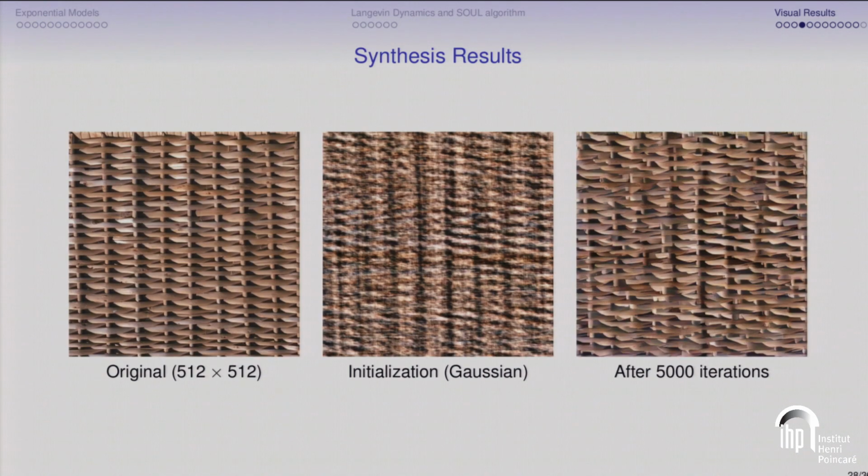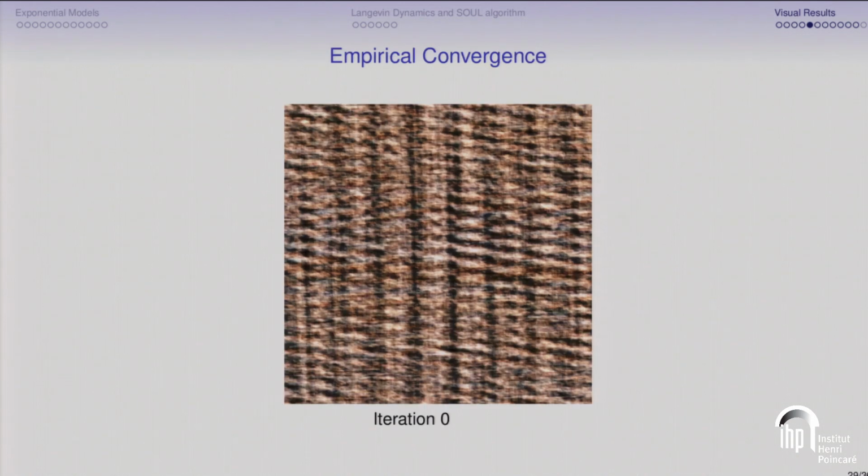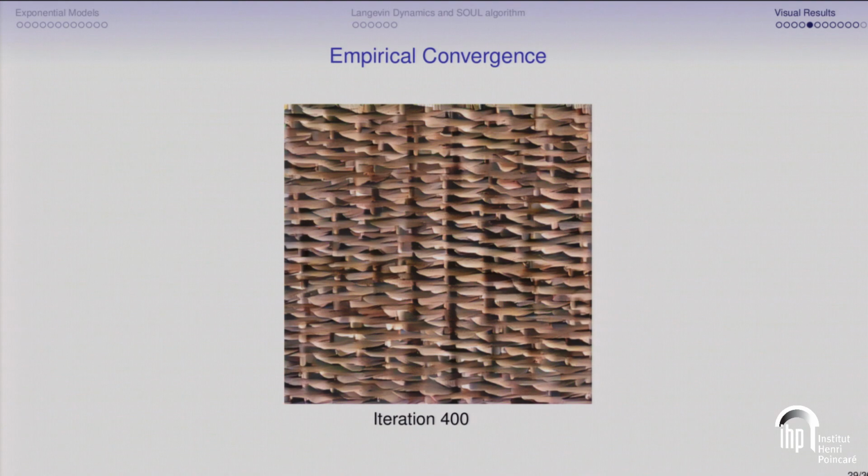Okay, so now with a more complex texture, here is what we can hope. As you can see, after many iterations of the SOUL algorithm, there are some structures which are indeed reimposed. And now you can see how they are imposed along the algorithm. So the first iterations are very important to set up some local structure. Afterward, it cleans the image a little bit. But in the end, you don't move very much, right?